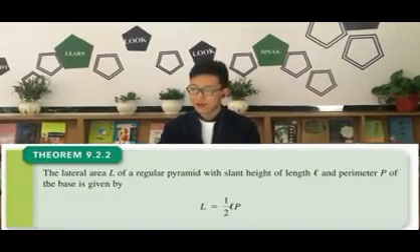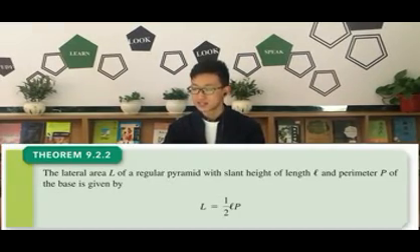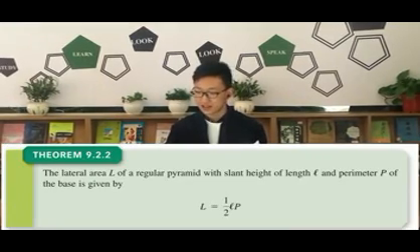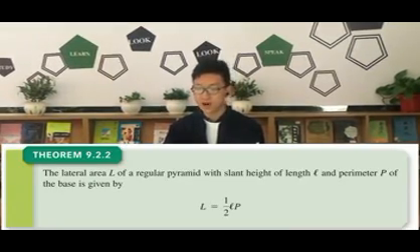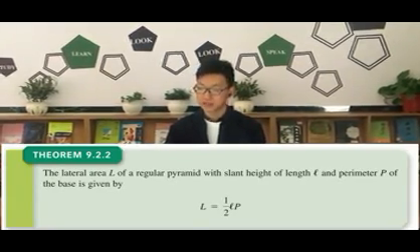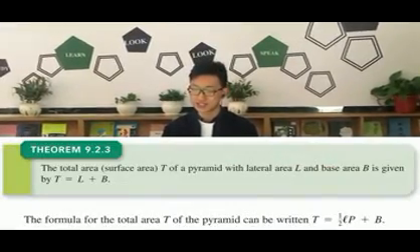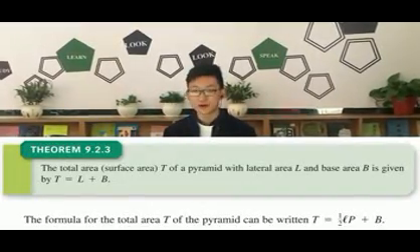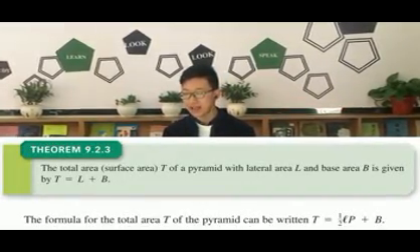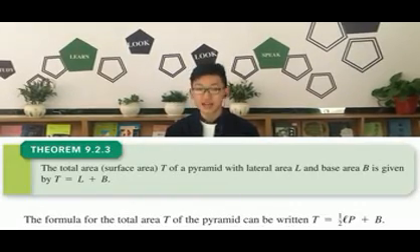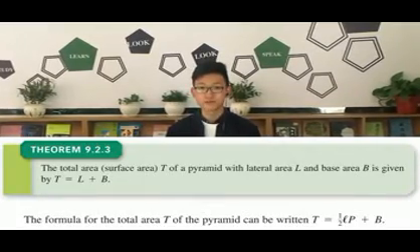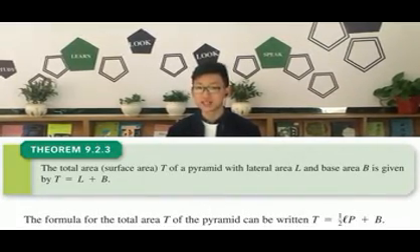Firstly, the lateral area L of a regular pyramid with slant height l and perimeter P of the base is given by L equals a half times l times P. The total area, which is the surface area T, of a pyramid with lateral area L and base area B is given by T equals L plus B, which is T equals 0.5 times l times P, then